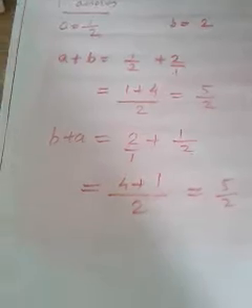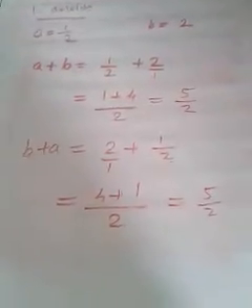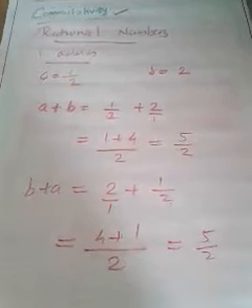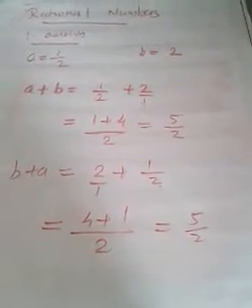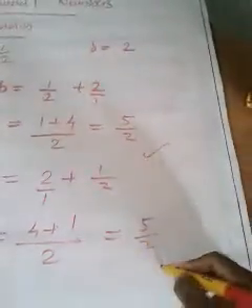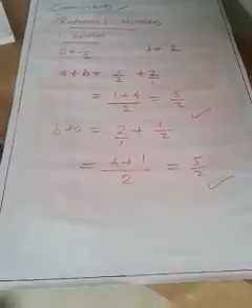Try to select one more example. Whatever example you choose, I can say that addition is commutative in rational numbers, because whatever example you choose, A plus B should be equal to B plus A. Here A plus B and B plus A came equal, no? In the same way we will continue, whatever example you choose. You have to go for one more example and write the conclusion that addition is commutative in rational numbers.